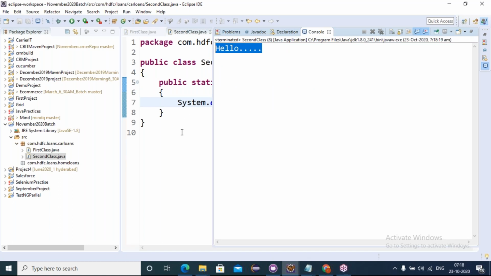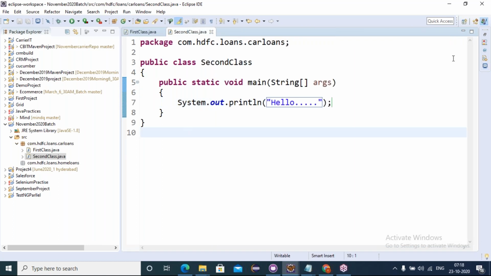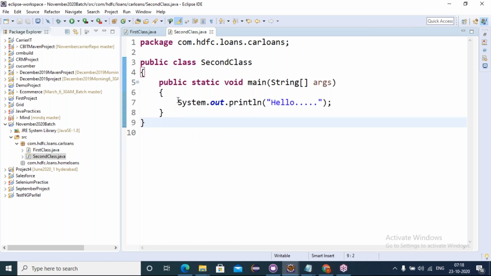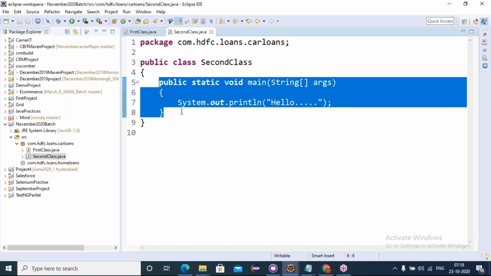Okay, now? Ravi, I have one question. Yeah, go ahead. For the second class, if the main method is not there, then why is it showing the output of the previous class? Meaning, the buffer, what was executed earlier, that output is coming. Okay. If the current class you are executing has no main method, it is giving the output of the last executed console.